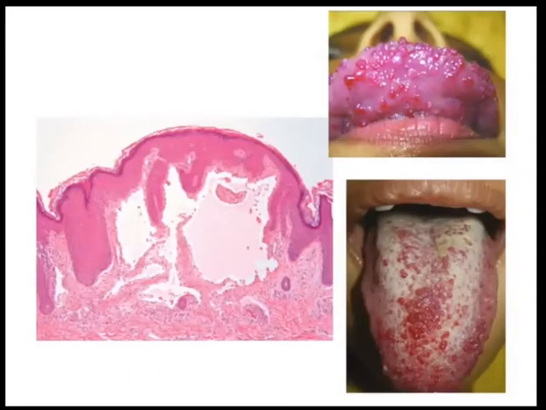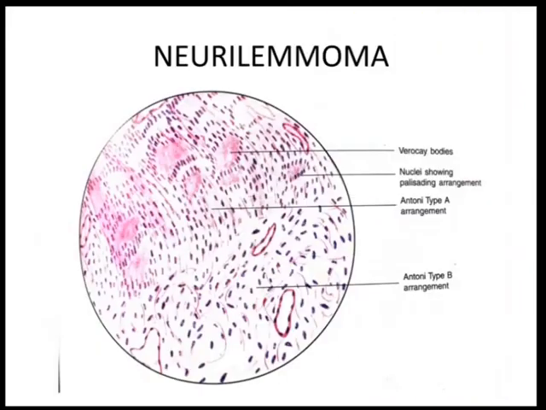These are the clinical pics which you can see. The right side on the tongue, and to the left side is the lymph vessels which are seen below the epithelium containing lymphocytes and lymph vessels.